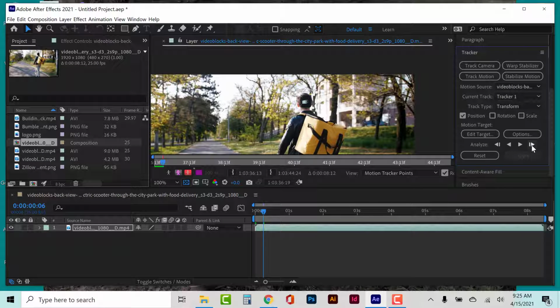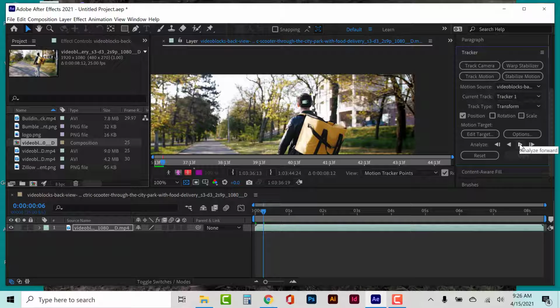Now, big problem people make when they track using After Effects, again, it's not perfect: they just analyze forward and play it, and it tracks. The problem is that if you have a shaky camera, or if the object you're tracking has any kind of blur, it can jump off and get loose, because it could jump onto a tree or something like that as he passes over them. So one of the things you want to make sure of when you hit the track analyze forward